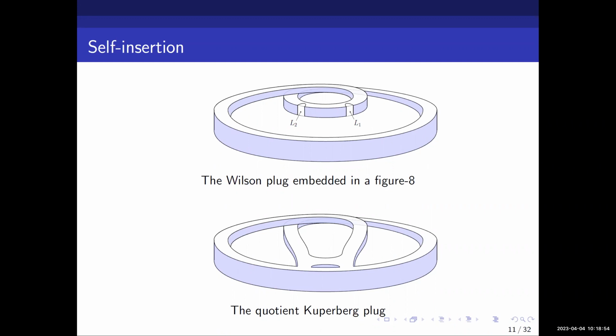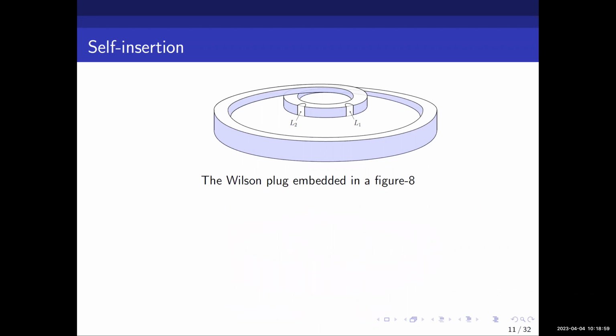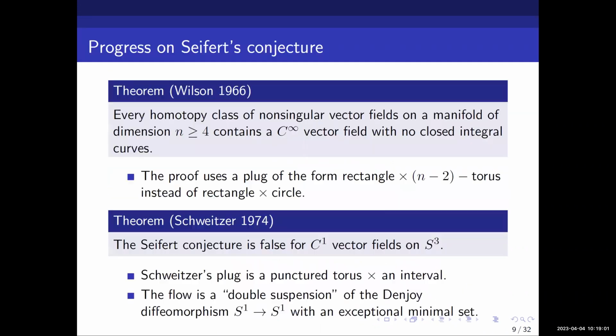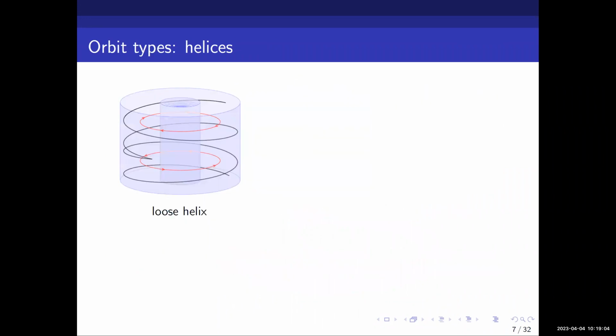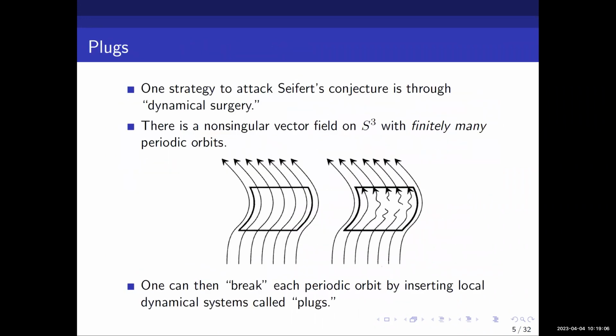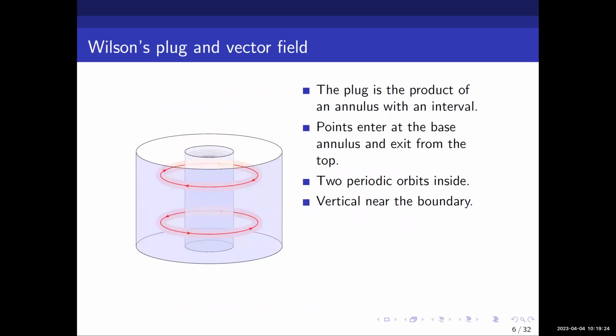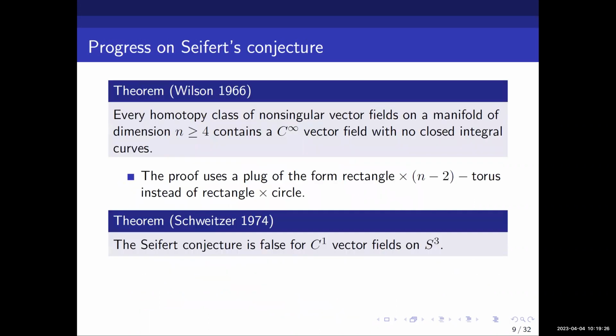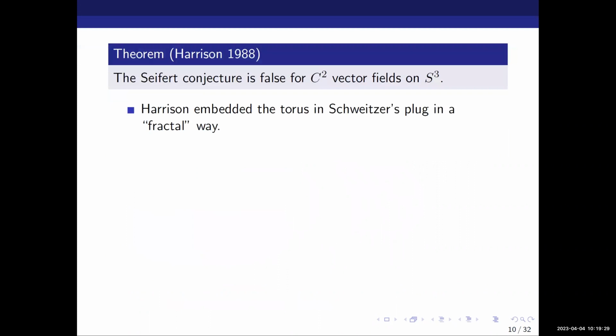And of course, when you do that, there's some care that you need to do. I'm not going to tell you the details, just like back at the beginning when I told you guys about the idea of just inserting a plug, right? There's some care that you need to take. To do that, you need to make sure that it's on the boundary. You need to put in a bump function that bumps you from one dynamics to the next. And so I'm not giving you all the details there. But it's a genius idea because,